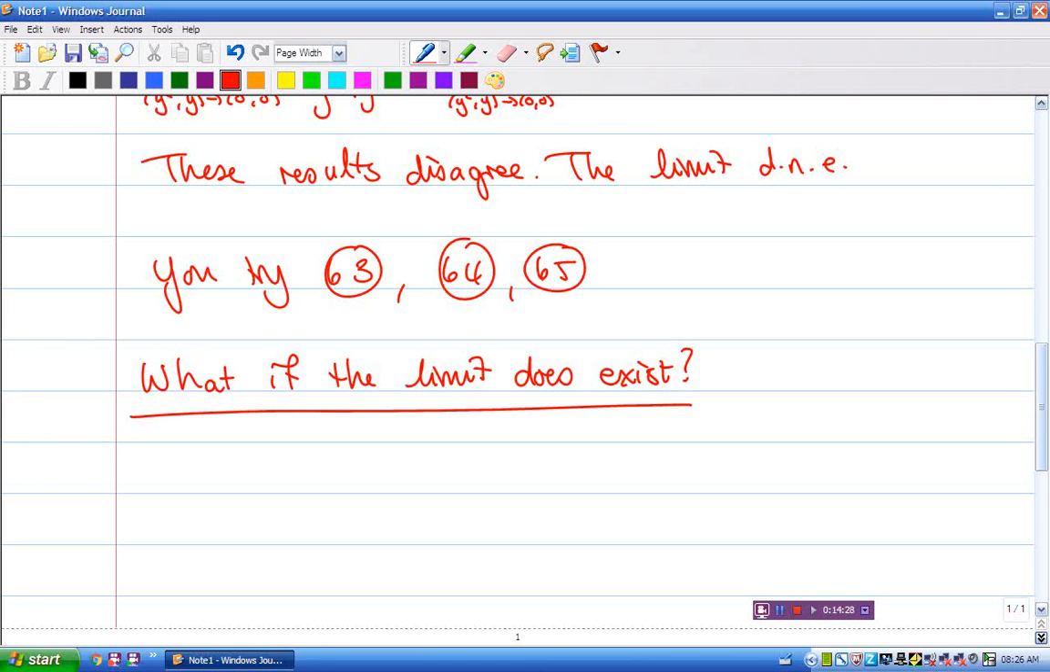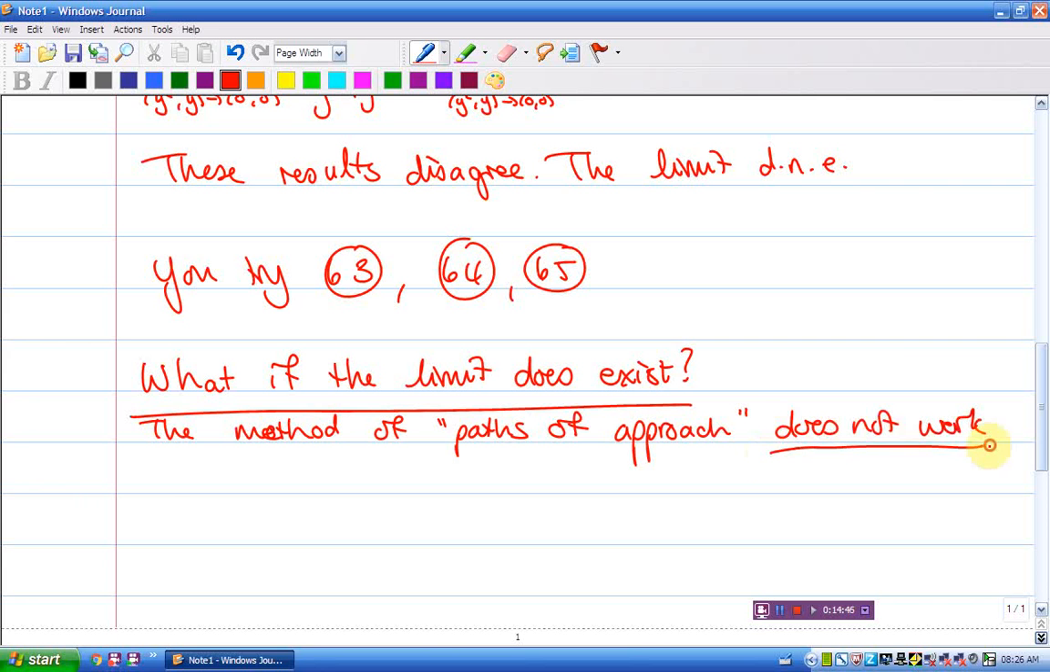The paths of approach method will not work to prove that a limit exists. Let me actually write that down. The method of paths of approach does not work to prove that a limit does exist. I'm going to underline that. Okay? Because what if you approach along one path and you get 0, another path you get 0,